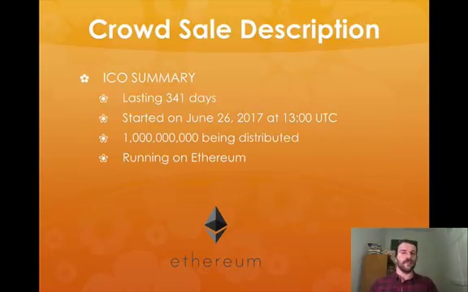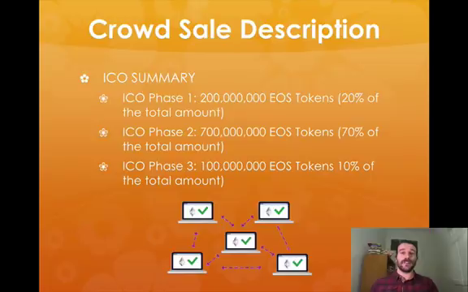EOS's ICO will be different. It's going to last a whole year. In fact, it started already, and it's currently amidst its 4th phase. 1 billion tokens are going to be distributed. And here we can see